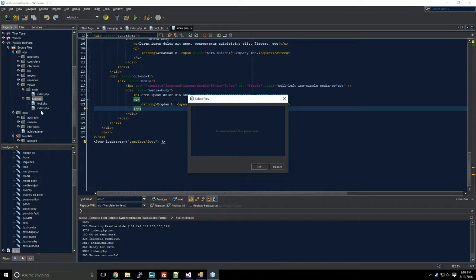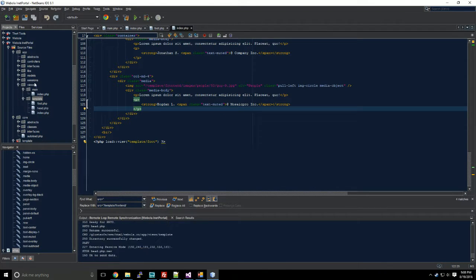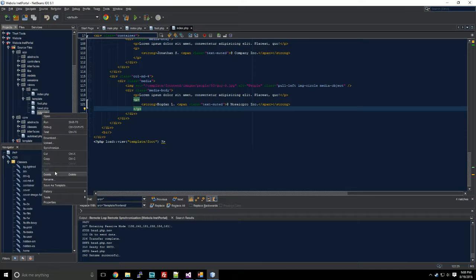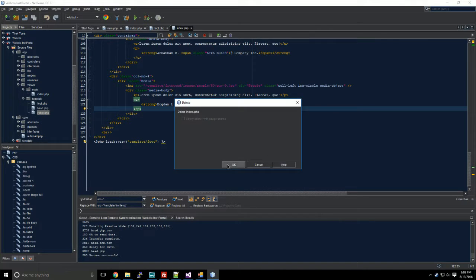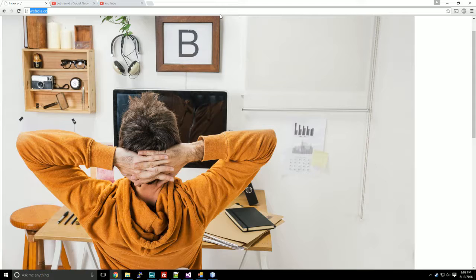I deleted the wrong file. Oops. So let's tell version control inside of PHP, inside of NetBeans, to bring that file back. We'll delete the index file. So we come back over here. Now that index file is gone,